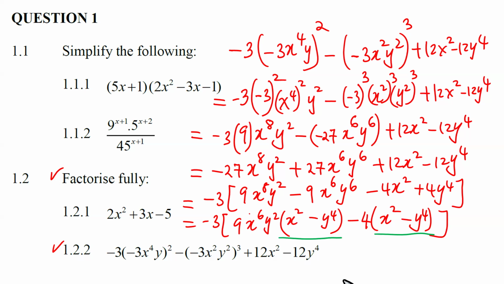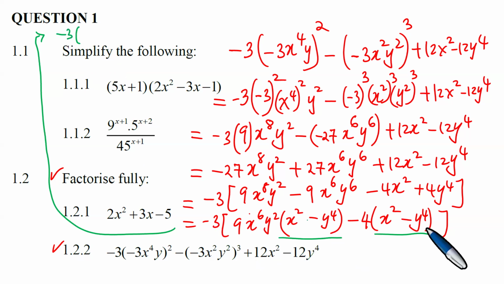So because they're the same now, we can pull them out. Right, and if we do so, you pull them out. So you're going to come here and pull them out. But now we have a couple of things that obviously we need to take into account. But there is a -3 that is there outside here. So you can maintain the -3, and then this one here, we can pull out, which is exactly x squared minus y to the fourth power in brackets